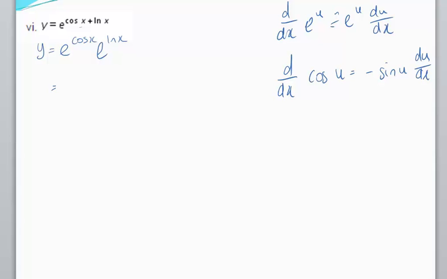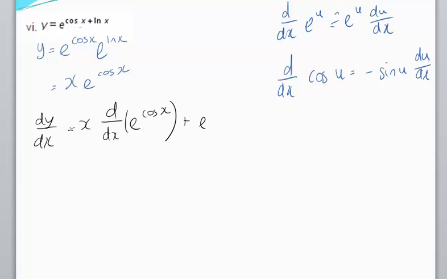And so this becomes x e to the cosine of x here. So now this is much easier for us to work with. So dy on dx here, we're going to have x times the differential here of e to the cosine of x, plus e to the cosine of x, multiplied by d on dx of x here. So it becomes x multiplied by here